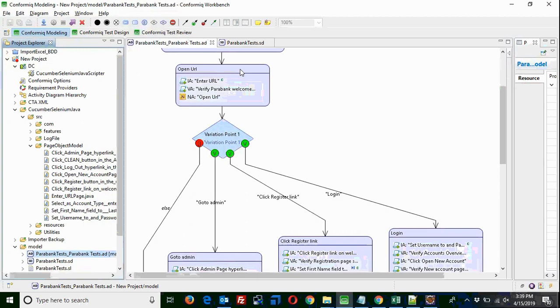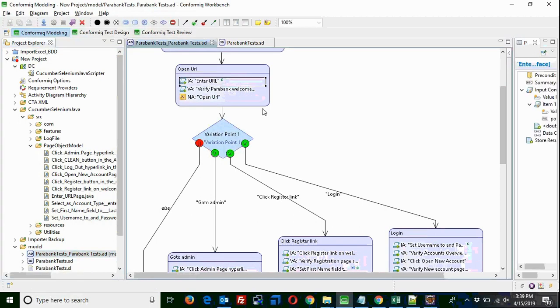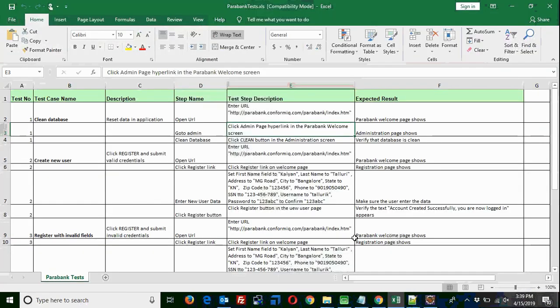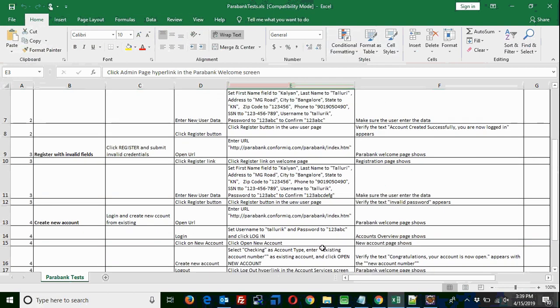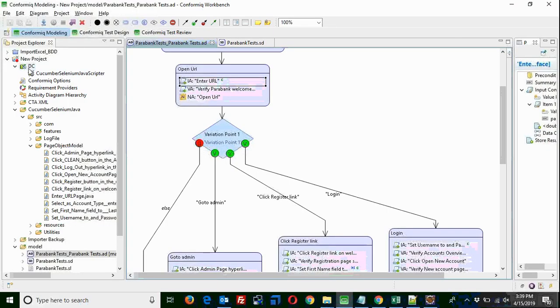Actually, there are a few questions. The template that you are using, the Excel, when you are importing that Excel sheet, I guess the system might be looking for the same template, right? Actually, that's why we created the wizard. In the wizard, you have an option to map the columns.